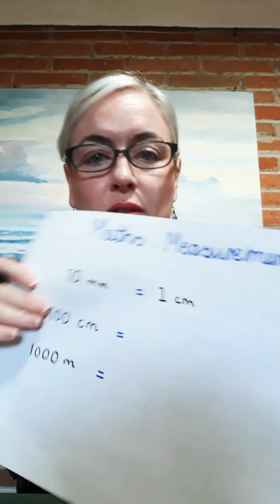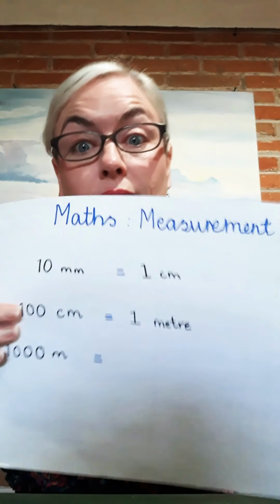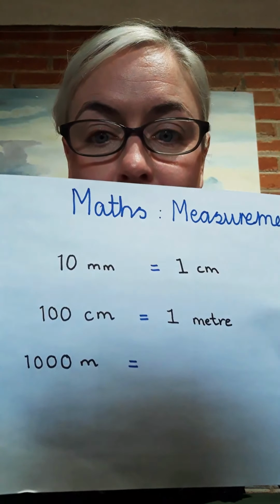Okay, let's see the answers. Let's see if you got it correct. So, 10 millimeters is equal to 1 centimeter. Very good. 100 centimeters is equal to 1 meter. Remember that? And 1,000 meters is equal to 1